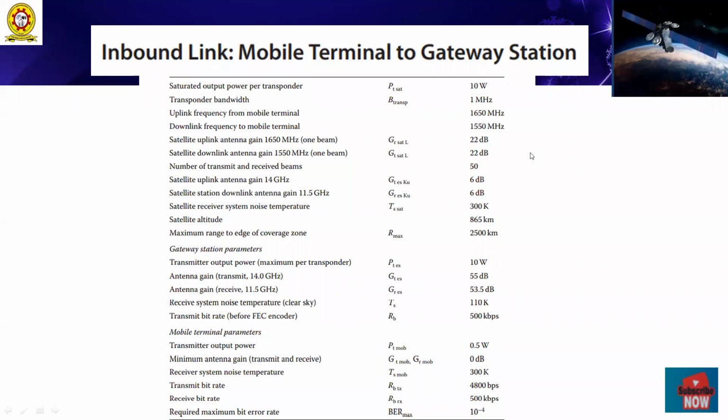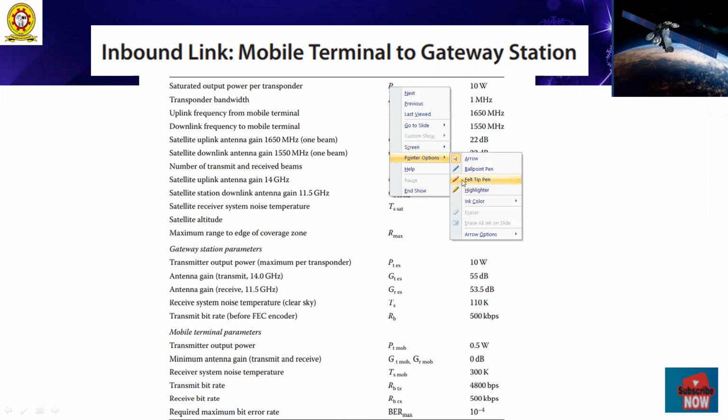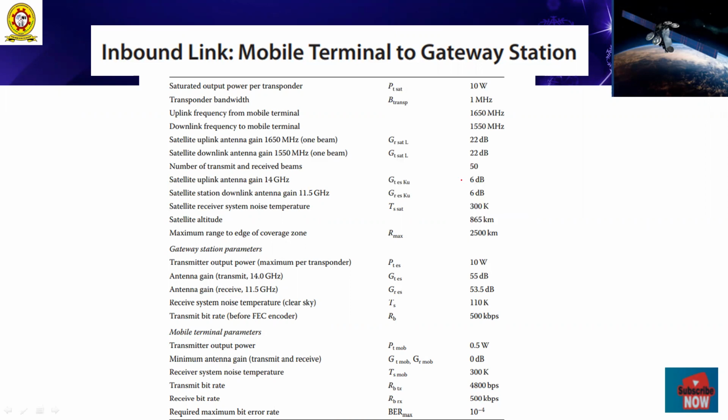This slide indicates some parameters required for our further analysis. Out of them, here I mentioned some parameters. The first parameter is output power, which is required by the satellite transponder to drive the system. For a LEO satellite, approximately 10 watts of power is required for our satellite transponder,